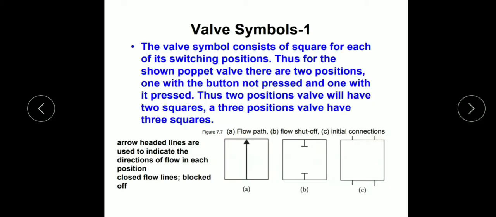Now we will discuss some symbols of direction control valves, and for that there are mainly three positions. First one is the flow position. Flow position can be expressed with the help of an arrow from bottom to top. This shows that flow is occurring through the valve. And this is the off condition or shut off condition. Here the flow is restricted at both sides, so it is known as shut off condition. And this is the initial connection setting, that is, here there are two inputs and two outputs, and there is no connection marked. We can mark any type of connection after drawing this initial drawing.